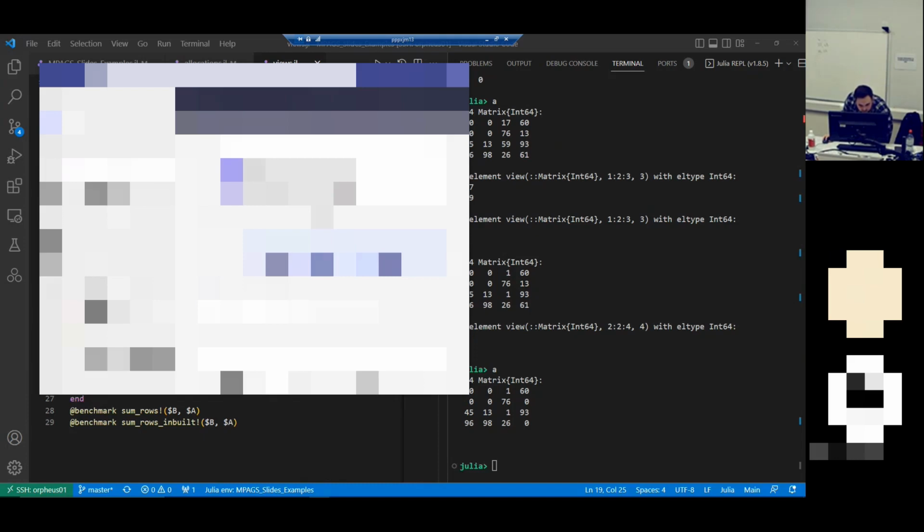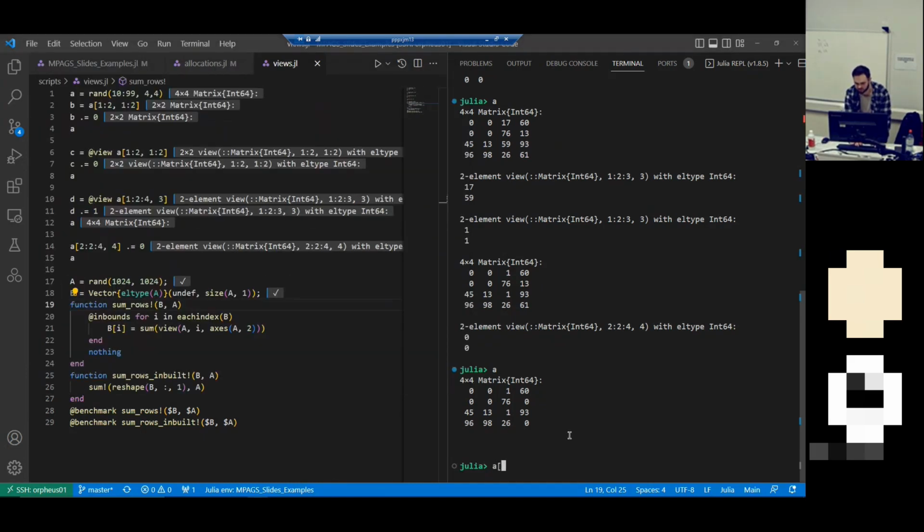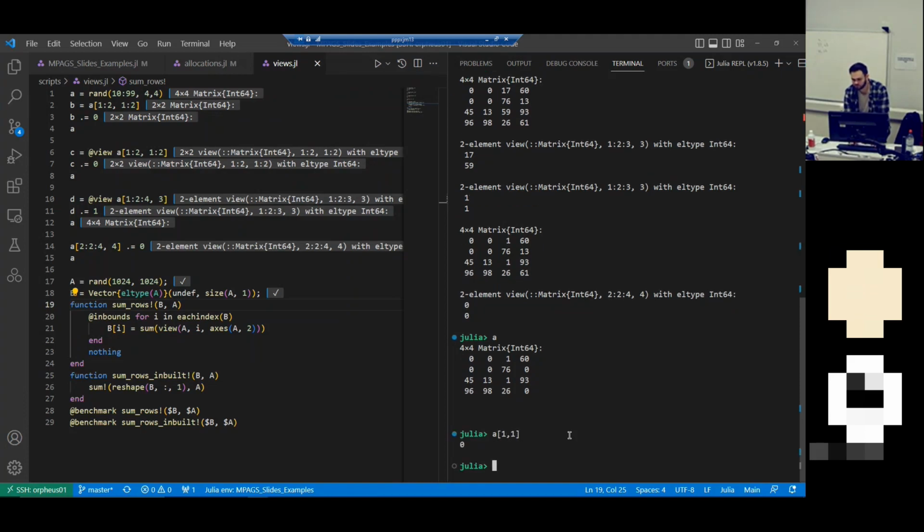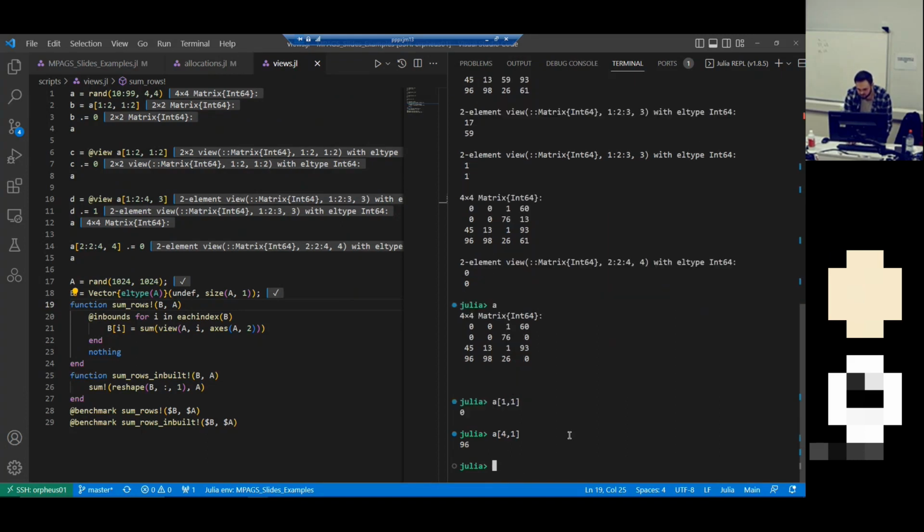Julia was column first. Yeah, so I guess column first. So the first should be row. The first index is row. Yeah, let's have a look just to make sure. Okay, so the first number is